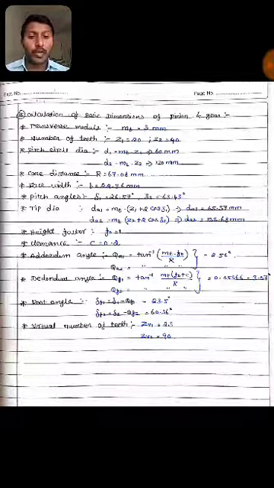Next, cone distance. Capital R is equal to 67.08 mm. Face width small b is equal to 22.36 mm. Pitch angles del 1 is equal to 26.57 degree. Del 2 is equal to 63.43 degree. Tip dia da1 is equal